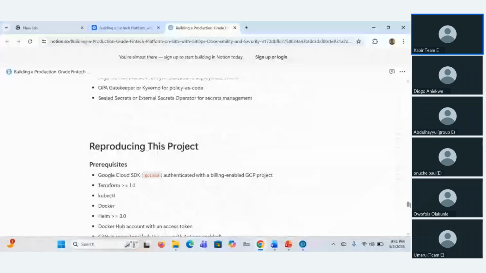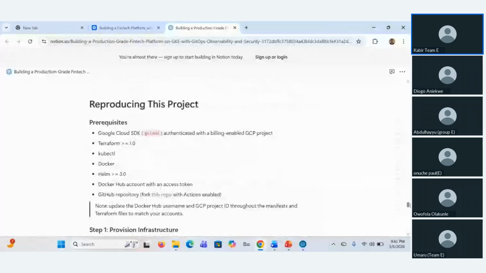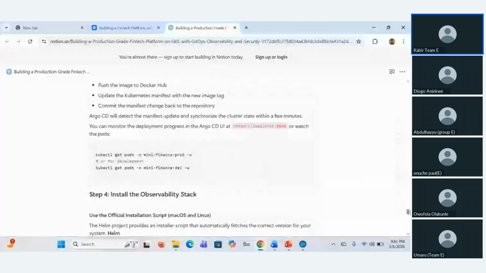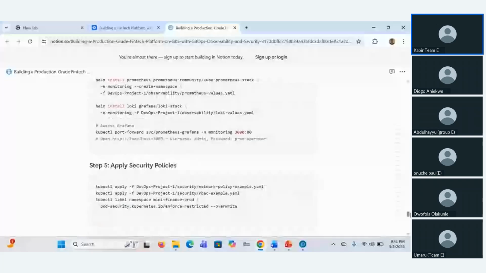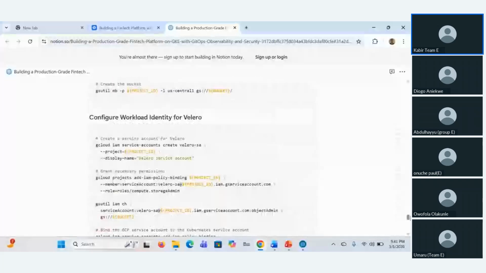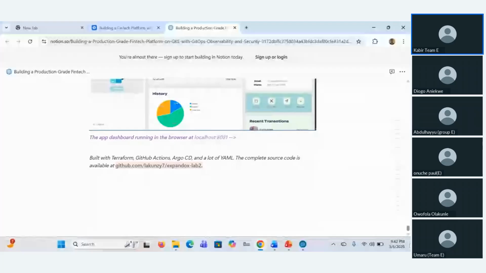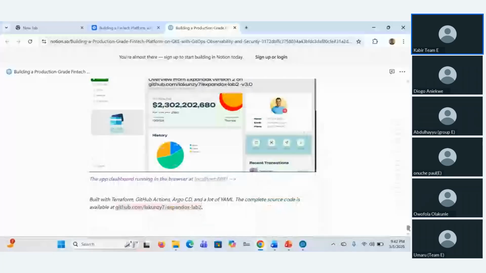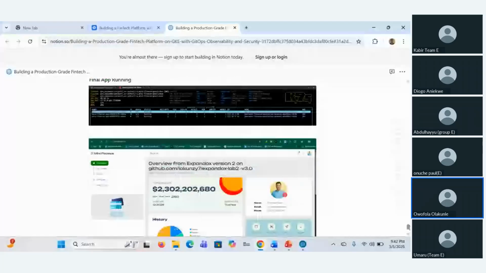No, I think we've all participated in this, except a member of us who pulled out along the way. He pulled out and exited the group. Yes, so we all participated.